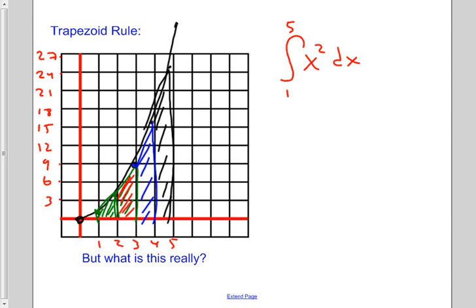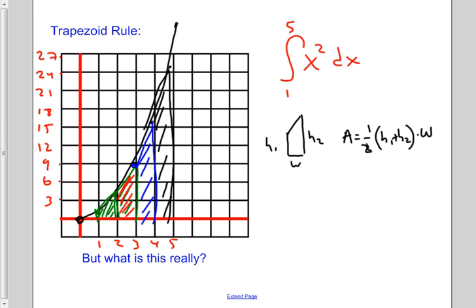And, well, what we need to do is remember the area of a trapezoid. So if we call this the width, and this height 1 and height 2, the area is the average of the two heights, so 1/2 h1 plus h2 times the width. So if we were to add up all of this,